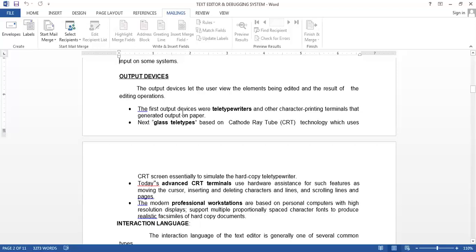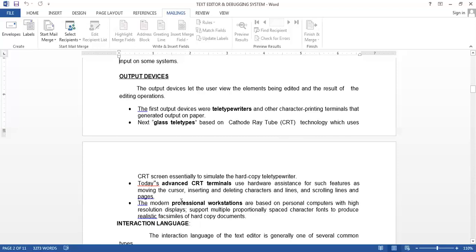Some of the output devices are the teletypewriter and other character printing terminals. Glass teletypes are based on cathode ray tube, CRT. Then today's advanced CRT terminals are used.